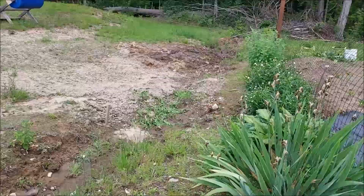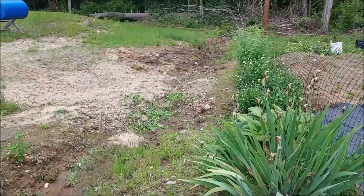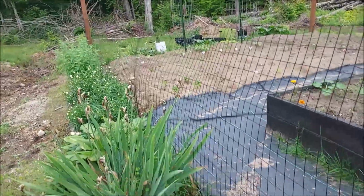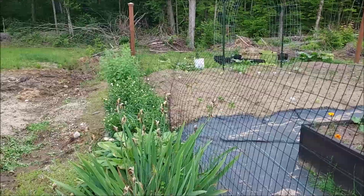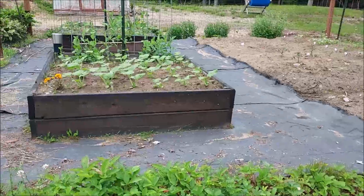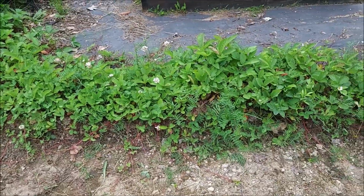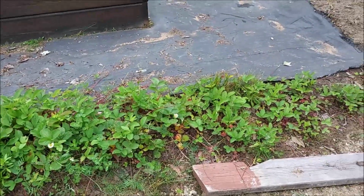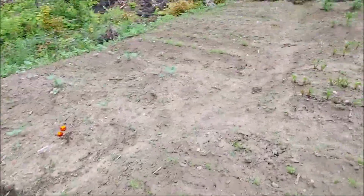Tim is still doing some work on this ditch area, but he's not going to be touching along the fence here. But I need to figure out where these things are going to go. So strawberries along where the fence used to be are doing well. Tim has already picked some strawberries here and there. And here